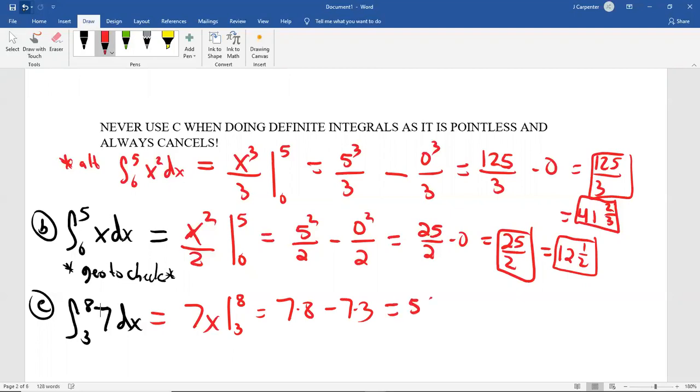7 times 8 is 56. 7 times 3 is 21. And 56 minus 21 would be 35. If you don't trust that,